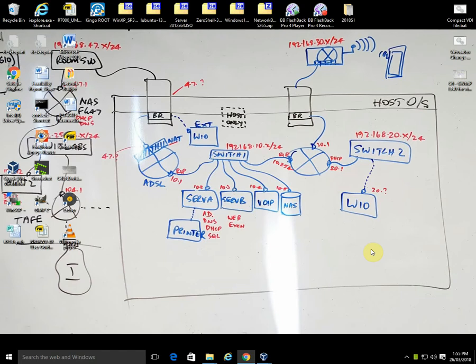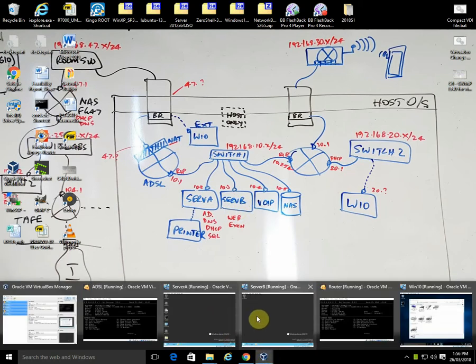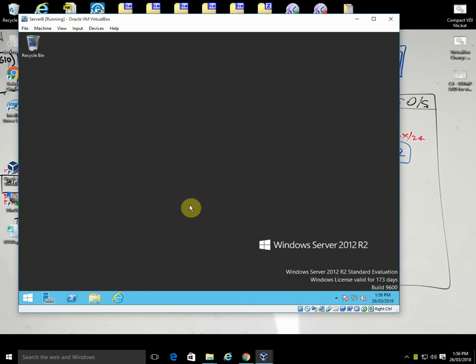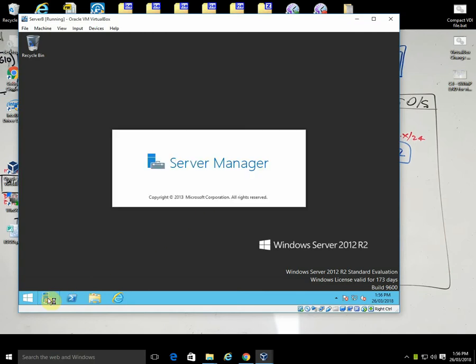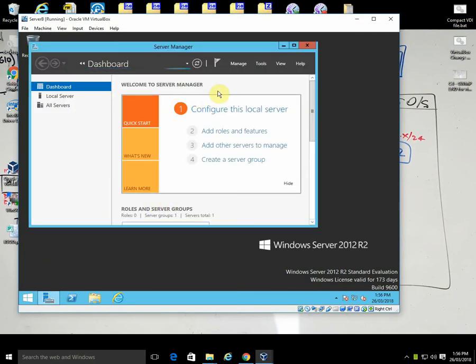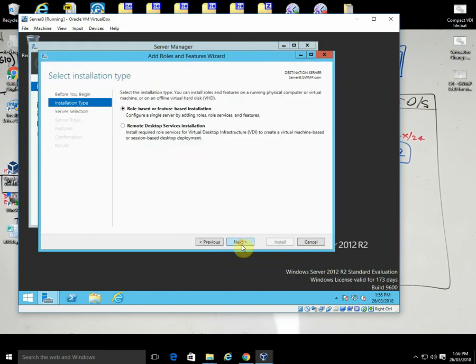Hi, in this video we're going to install a web server. So on server B here we're going to install the service called IIS, which is the Microsoft initials for web server. So what we need to do is pull up server B and pull up our server manager and add roles and features, and next,